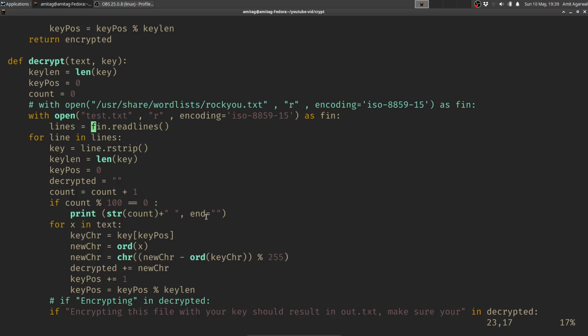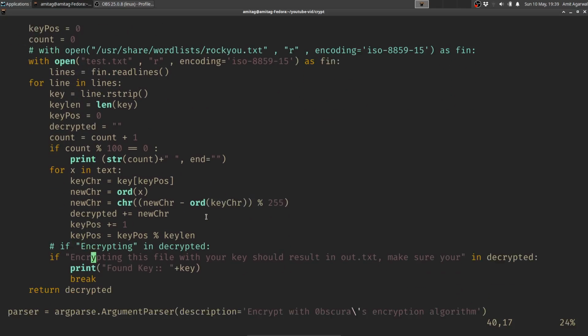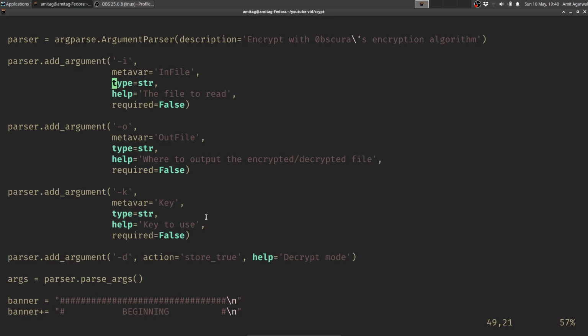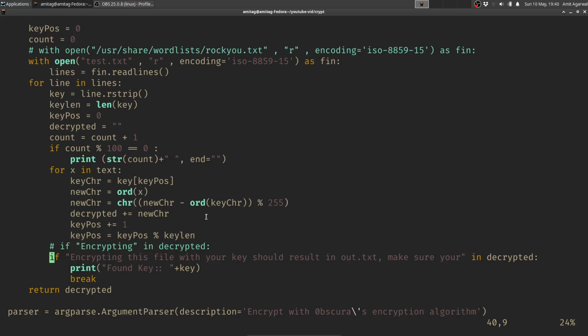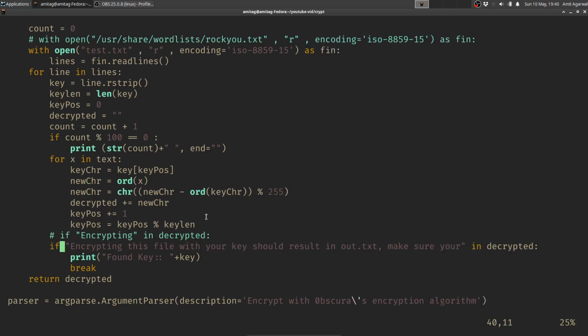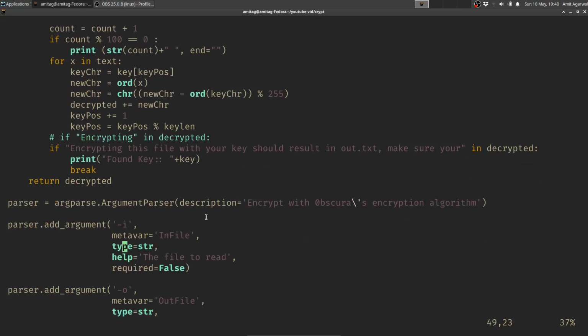I read the word list into lines, and for each of the lines, I am calling this decrypt routine that was being done earlier, and I am just checking if I am finding my string in the decrypted string. If I find it, I am saying that I have found the key.